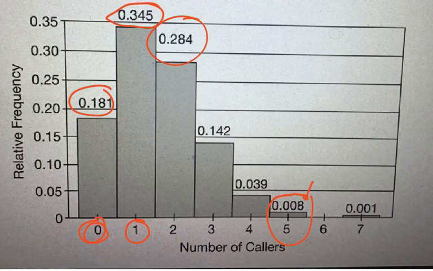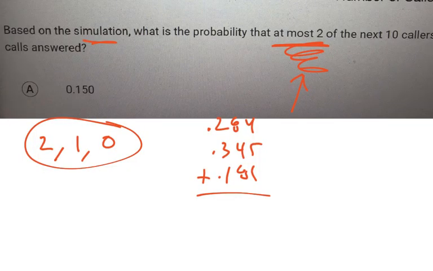I'm just checking, make sure I wrote the numbers down correctly. So unless I'm mistaken here, hopefully I can do my math correctly. I know that 0.810, or 81% of the time, I know 2, 1, or 0. At most 2 out of 10 has to wait more than 8 minutes.